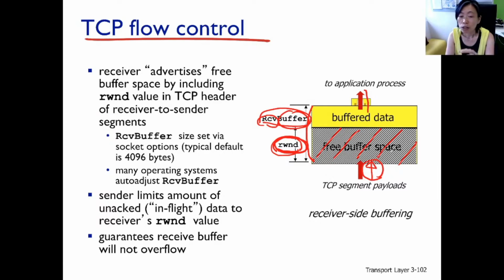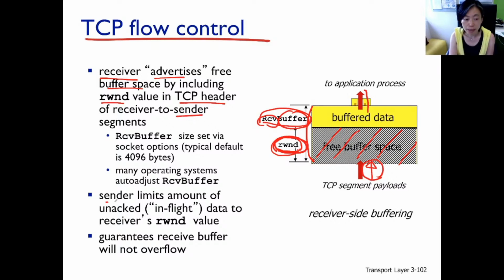Once we manage to track the free buffer space, the TCP receiver will advertise the free buffer space by including RWND in the receive window field in the TCP packet header, and send it back to the sender.